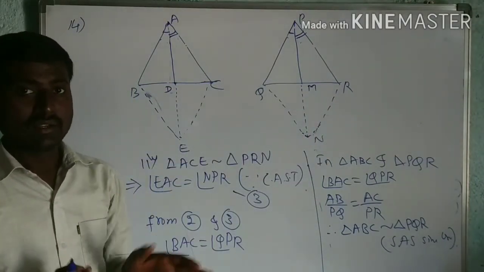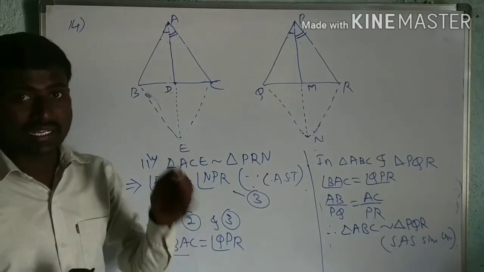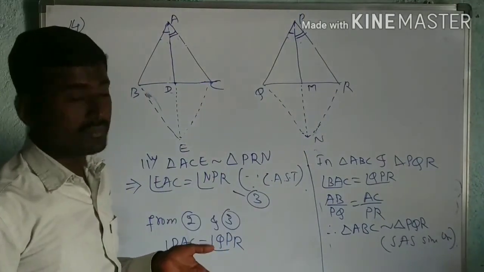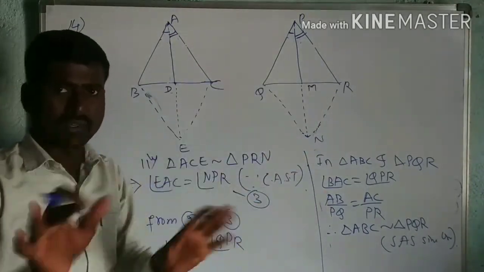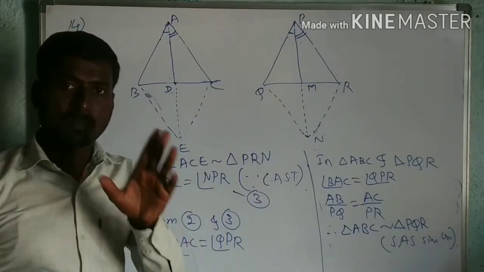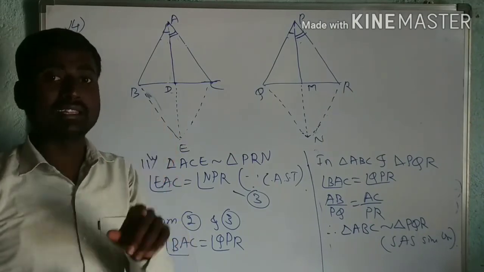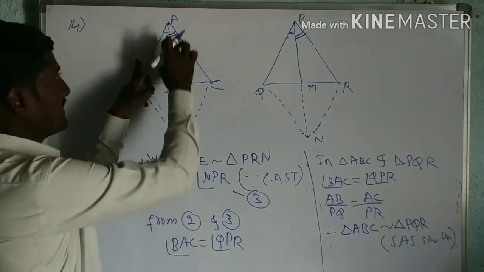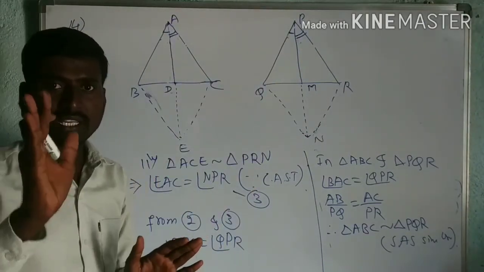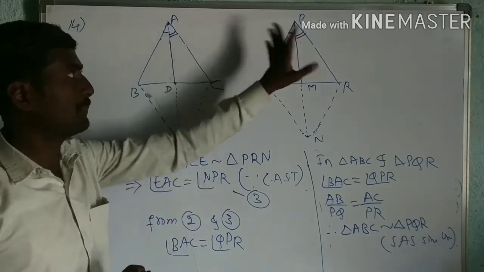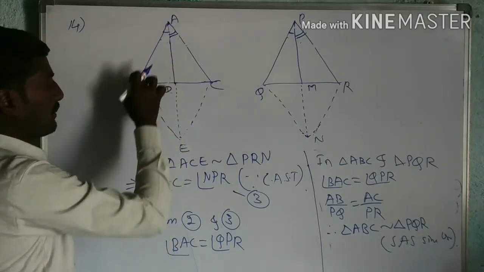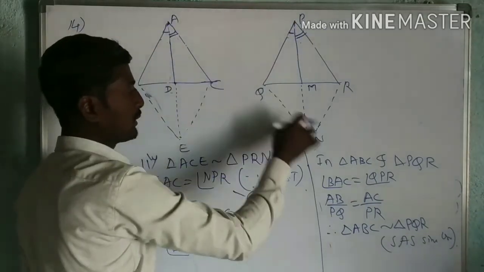They are equal. Now you take the given conditions. They gave these two sides and these two sides are proportional. AD and PM is also given, leave it. Two sides they gave. To apply the SAS similarity criterion, I need one more thing, the angle between the two sides, that is angle A is equal to angle P. I have to prove that, keep it in your mind. By taking that given ratio, I have to prove ABE is similar to triangle PQN.